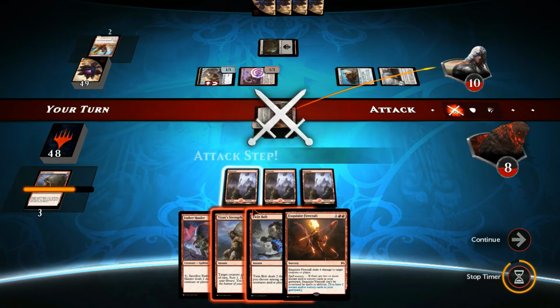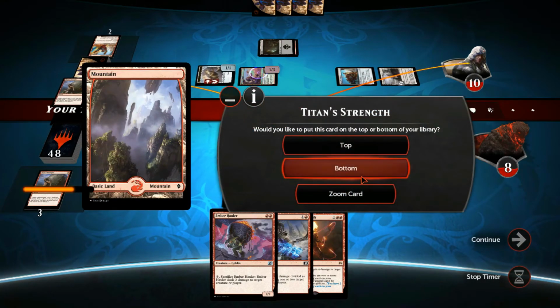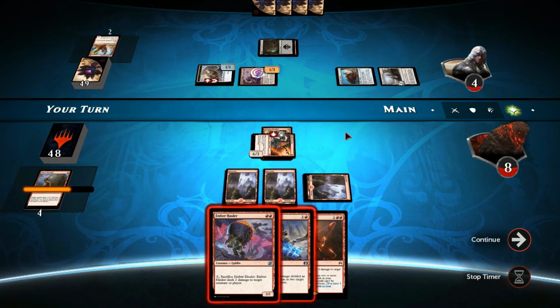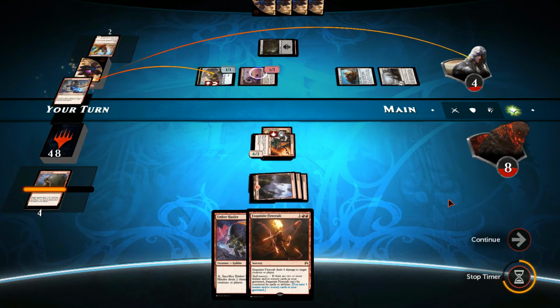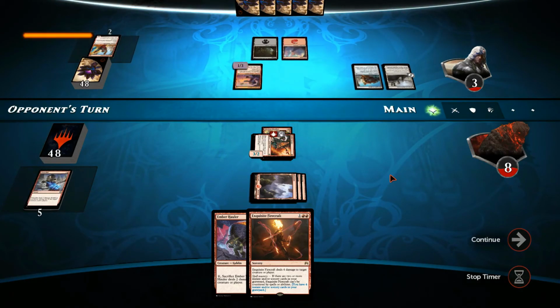So let's go ahead and attack. Use the Titan Strength to see what's coming next. It's going to be another mana, but we don't need any more. So now that we have left our opponent at 4, I think we should get rid of the Thopter token and deal 1 more damage to the opponent. This way, if he's going to crew his Renegade Freighter,